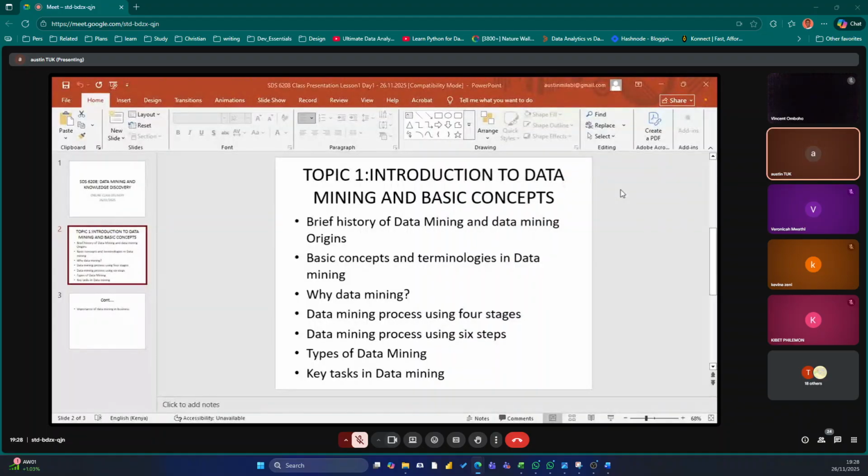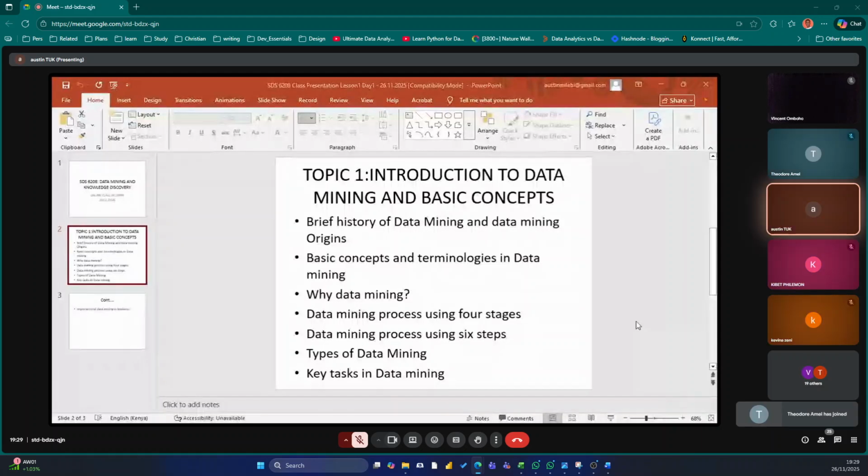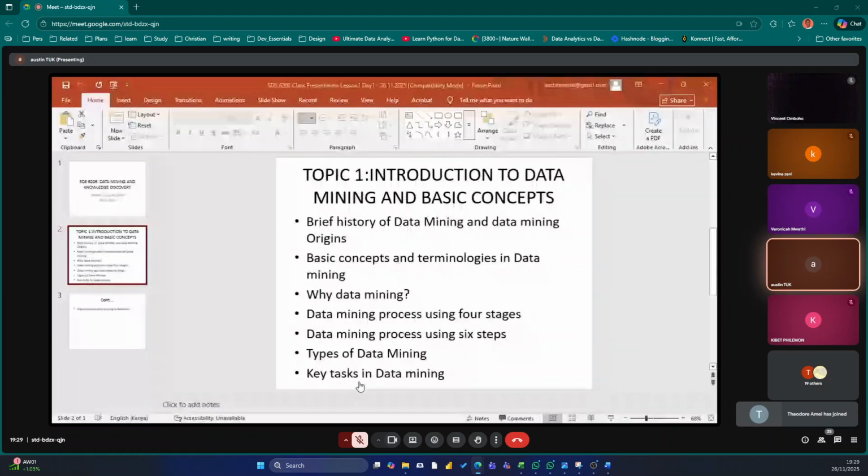We have another one we call relational OLAP, which normally I do as ROLAP. We've got MOLAP, which stands for multi-dimensional OLAP model. We've got HOLAP, which is hybrid online analytical processing, etc.